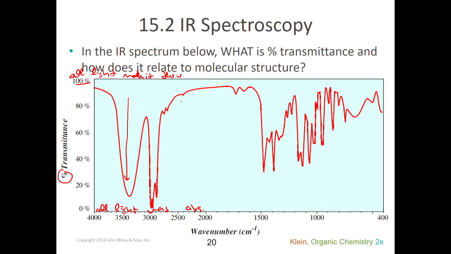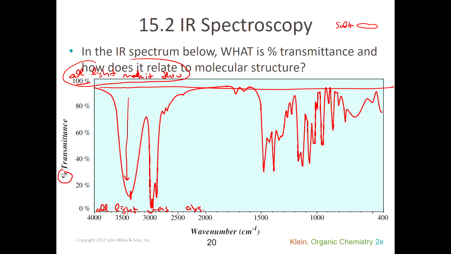And if I put my sample in here and there was no compound on it, if I just use the salt plate and I put that in the instrument, I should basically see a line that just goes to the top. Because all the light would shine, it would be 100% transmitted through the salt plate if there's nothing there to absorb it. So what I'm seeing here is light at this particular frequency